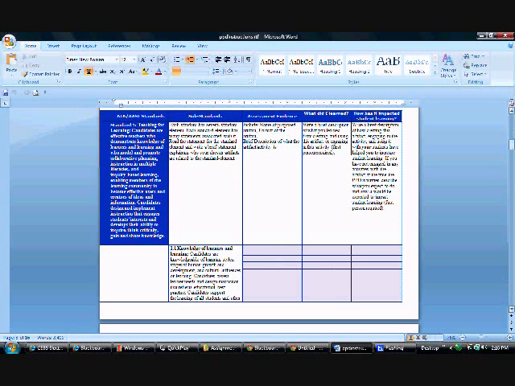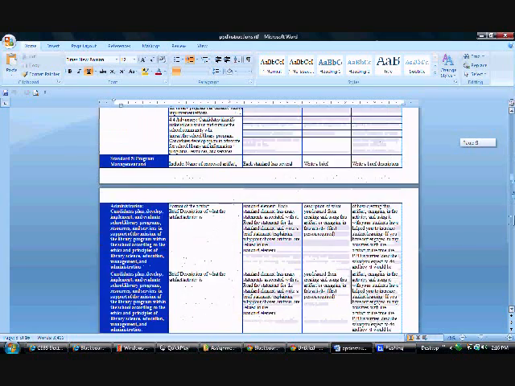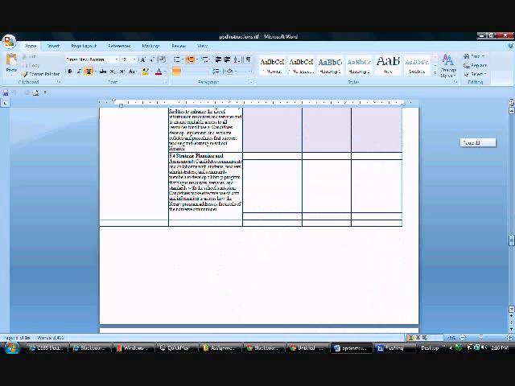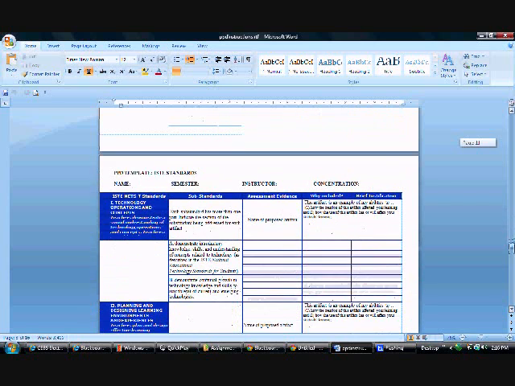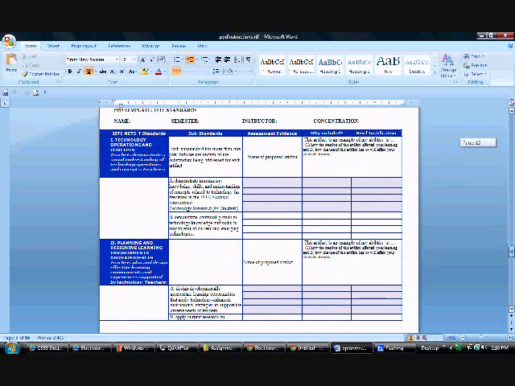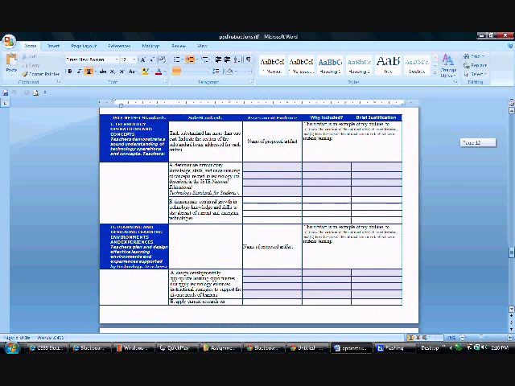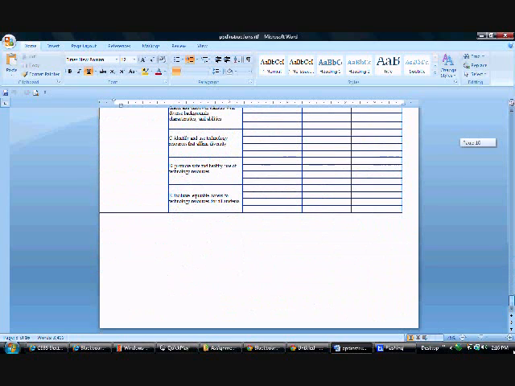So, for example, the AASL template has 1.1 all the way through 5.4. And then the ISTE template starts here with standard 1 all the way through